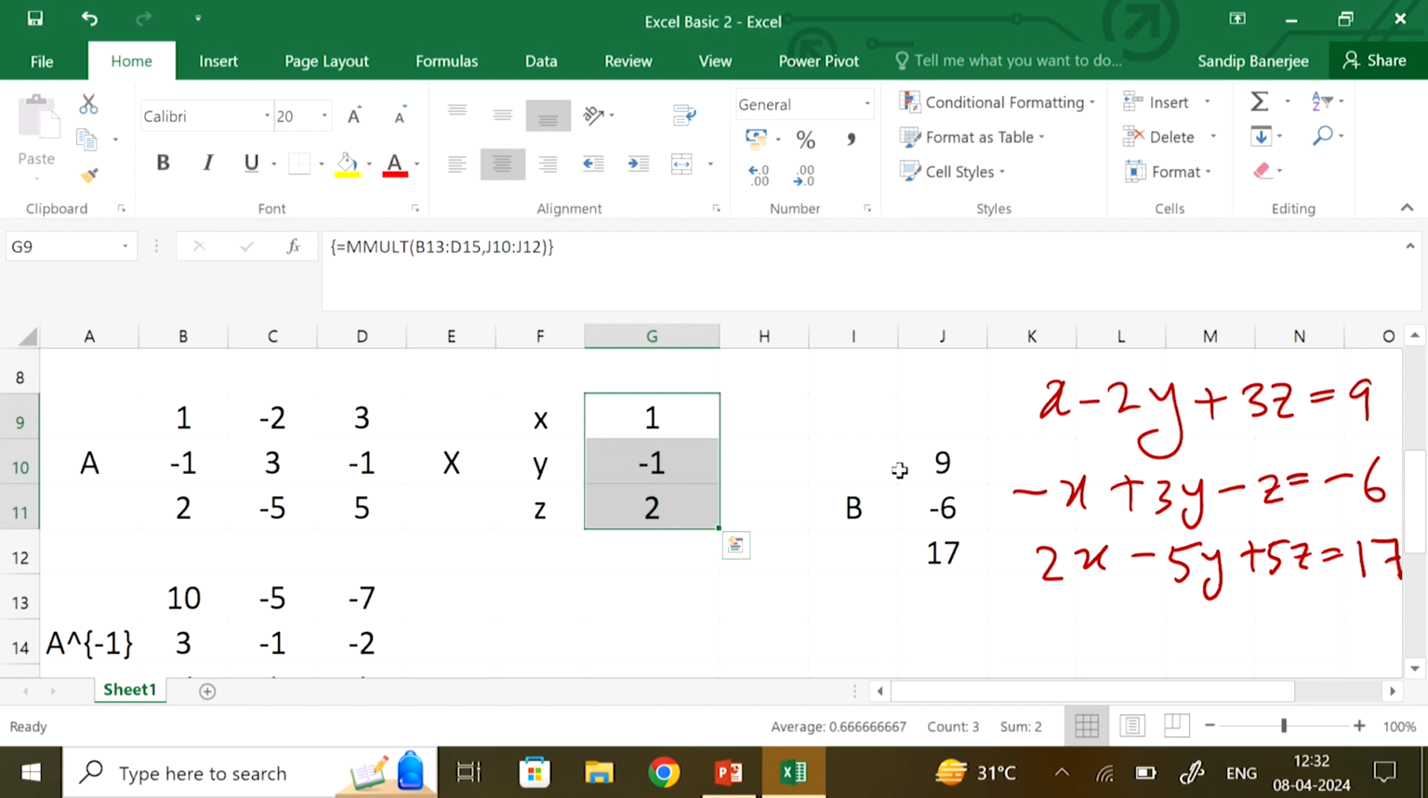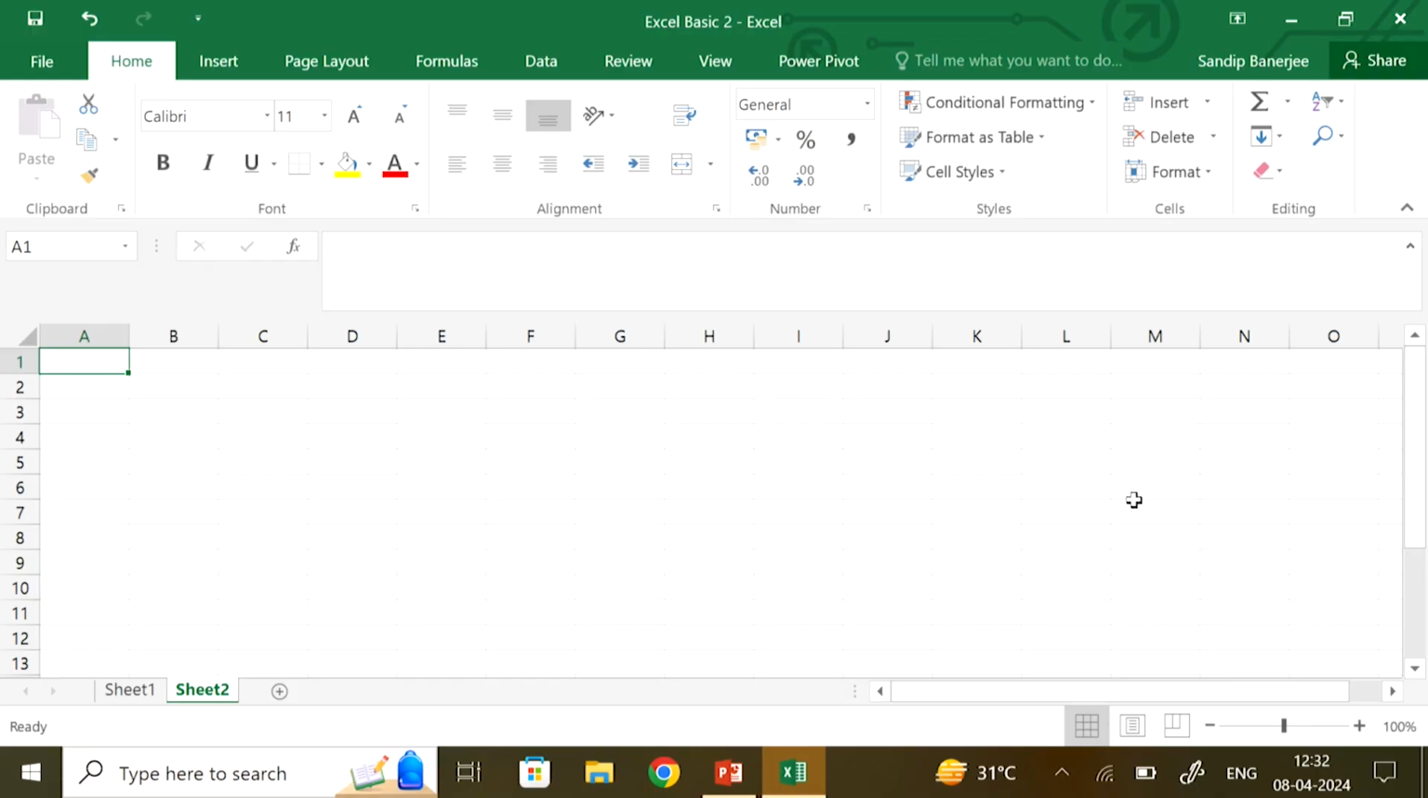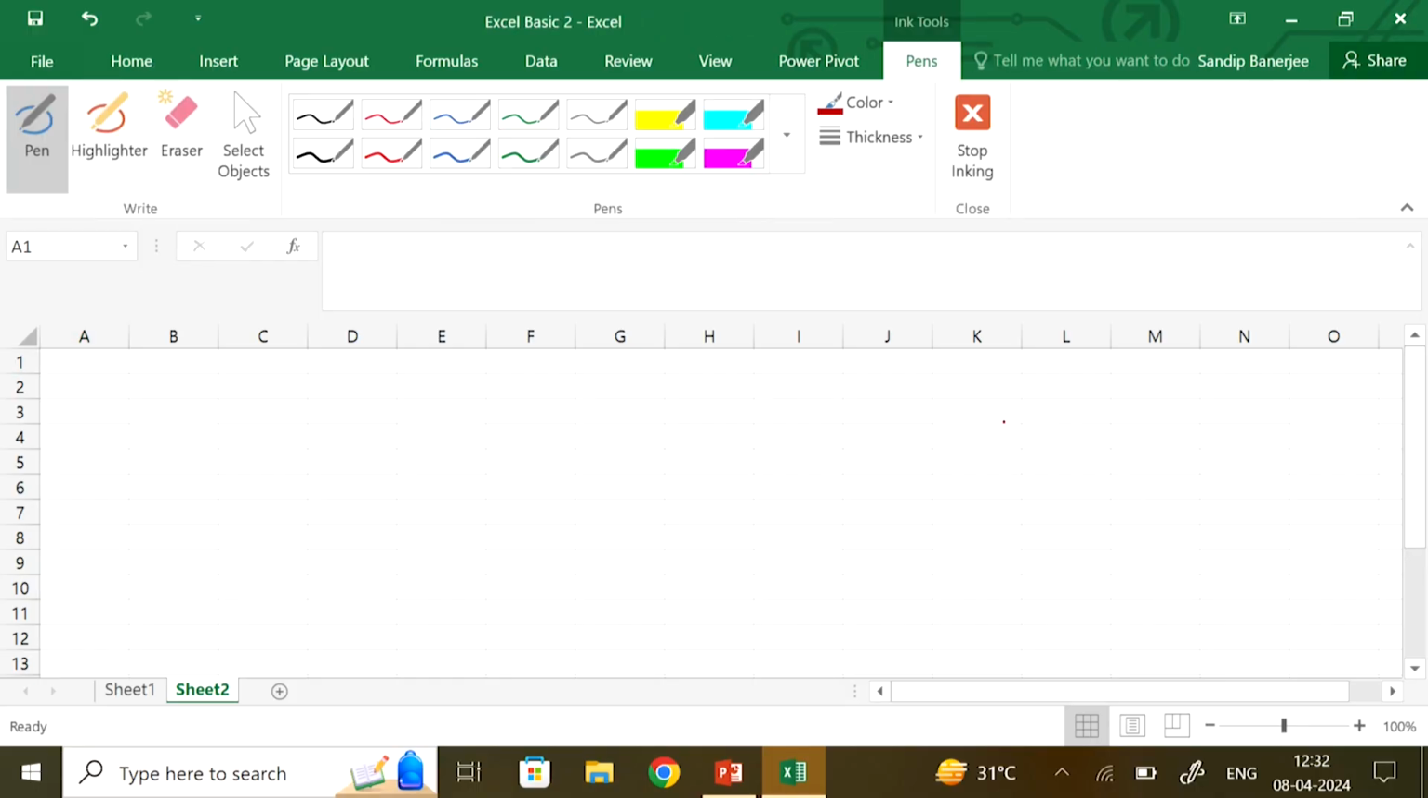So this is the way how you can solve a system of linear equations, whether it is 2 variable, 3 variable, 4 variable, whatever it can be, and you get the solution. Next, let us move to a system of nonlinear equations. In this system of nonlinear equations, we will be using the solver. So let us take an example, say